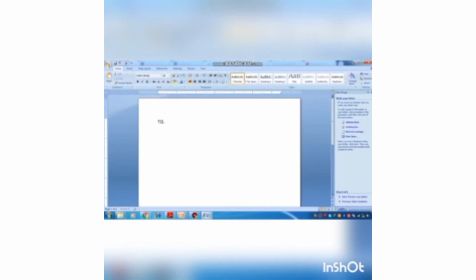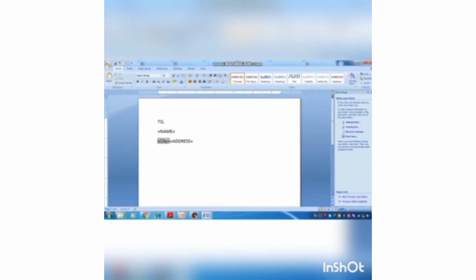Here four options will appear: address block, greeting line, electronic postage or more items. If I want to add something, I have to add it from here. Firstly I want to add the name, insert, and second I want to insert the city of my friend, then insert, and the third one is address. Okay, then close.